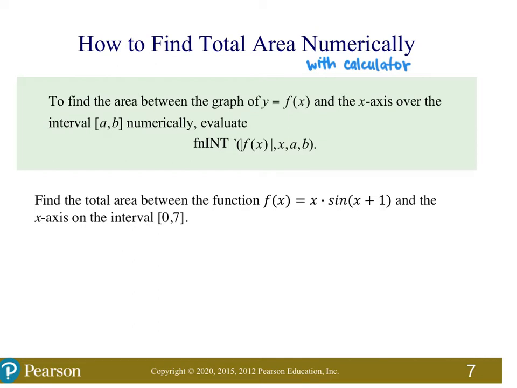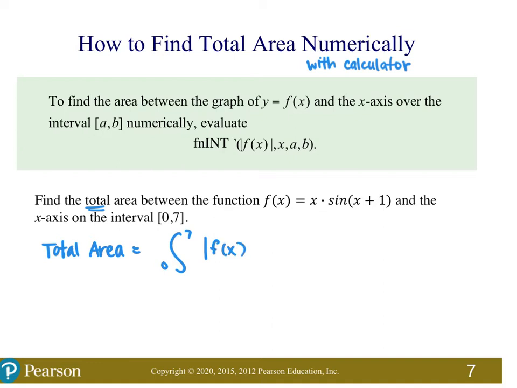So to find the total area between the function and the x-axis on the interval 0 to 7, notice it says total. Okay, total area. So you have to write, even though you have your calculator, you have to write it down, 0 to 7. The absolute value goes inside